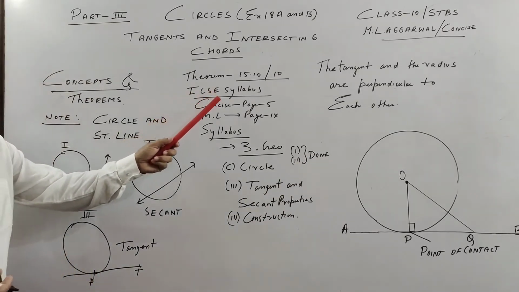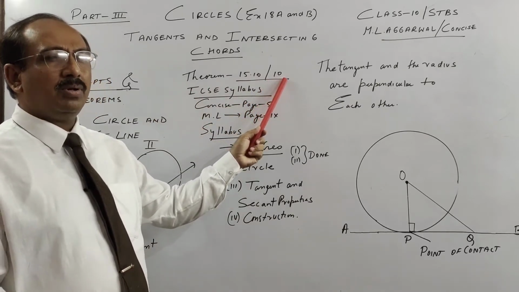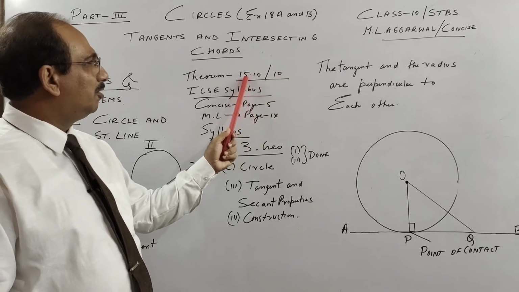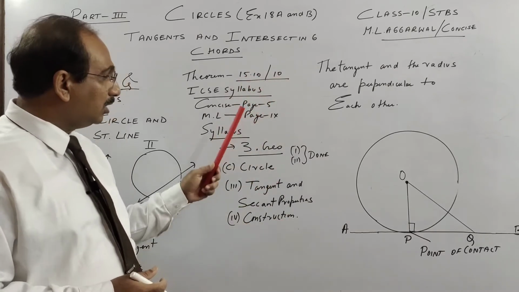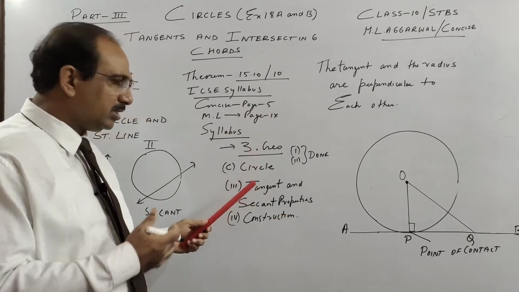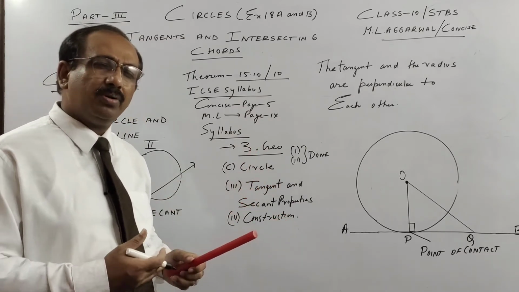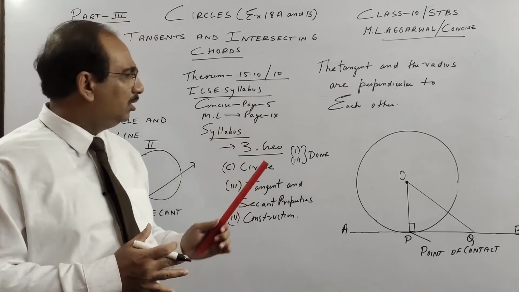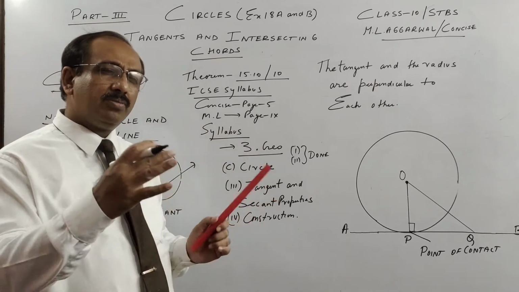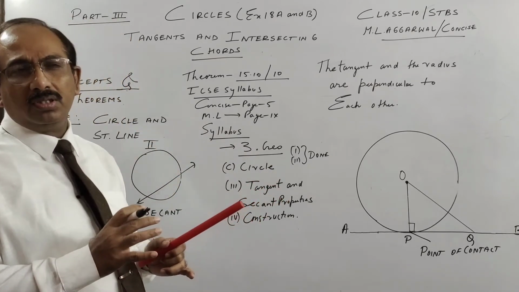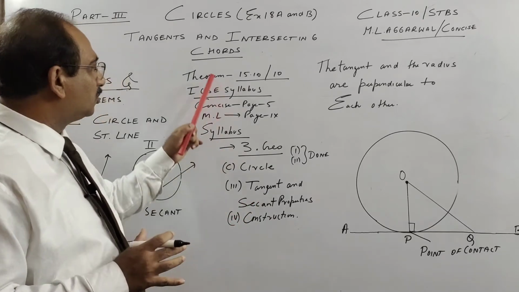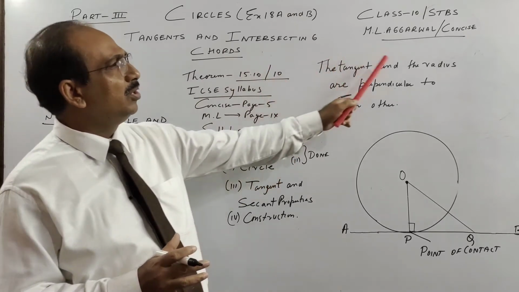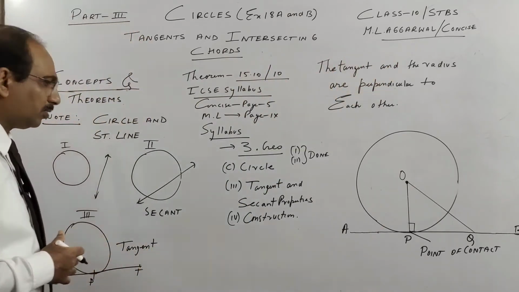Before I take theorem 10, see, the Selina Concise book says theorem 10, ML Agrawal says 15.10. But what I'll tell you, children, is to follow the syllabus and see what is there. Numbering is not very important. Different books will have different numbering. So here we are going to use what is there in the theorem. When you solve the sum, you write the theorem in short in brackets, because different books will have different numbering. So numbering is immaterial, children. I'm just telling you, this is from ML Agrawal's book, this is from the Concise book. Both of them have good questions.